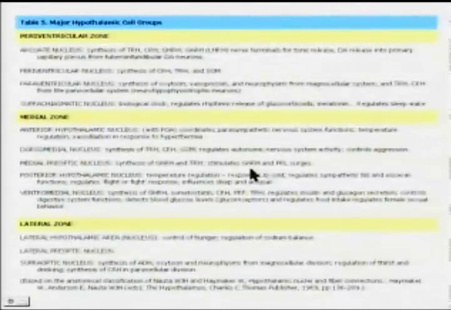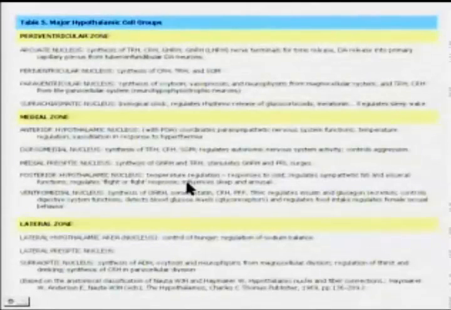In the posterior hypothalamic nucleus, we have temperature regulation, responses to cold, regulation of the sympathetic nervous system and other visceral functions, regulates fight or flight response, so coordinating behavior with visceral organ function through the sympathetic nervous system, and